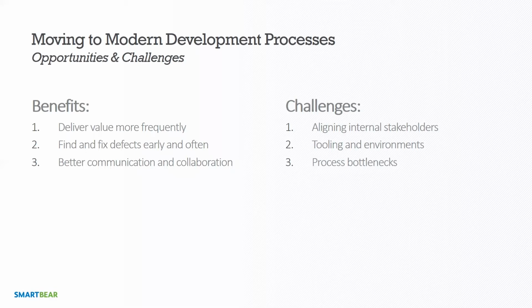If you're trying to be more agile or iterative, at the end of the day, if you can't break down those silos, these are the problems you have. You can't align your internal stakeholders, because people aren't on the same page. They're not even on the same team. They're not incentivized the same way. Every team has its own tools, its own environments, its own way of doing things. And then the handoffs, the way those people communicate together, create process bottlenecks, things that slow you down.